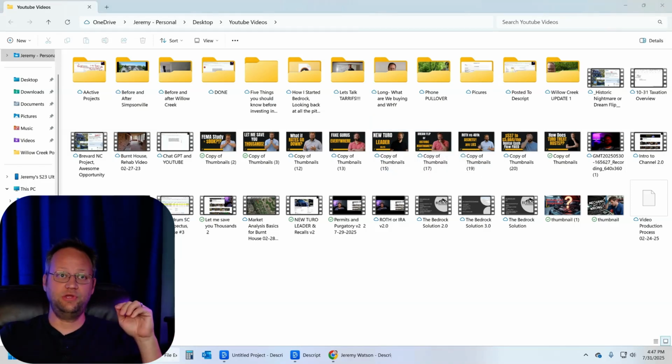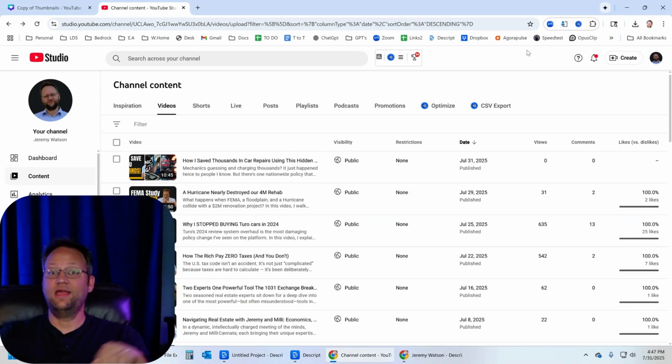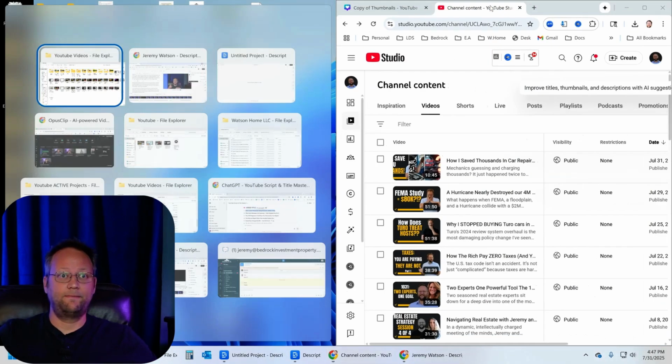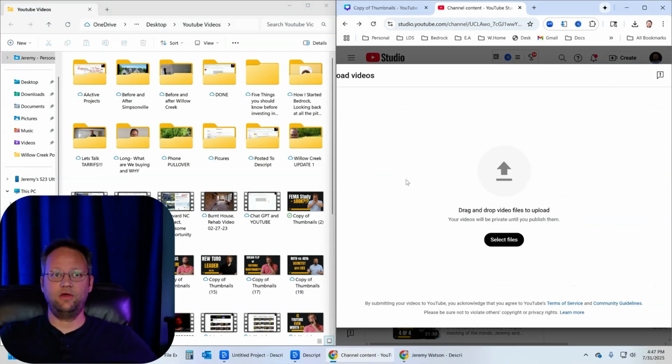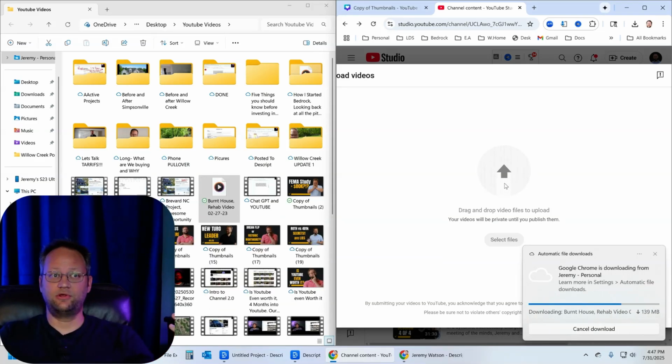Now in YouTube Studio, if you have a YouTube Studio membership, you'll understand this already. If you don't have a YouTube Studio membership, go ahead and get one, they're free. I don't think we pay anything to upload to YouTube. All you do there, let's put these side by side, all you do there is click on the Create button up here top right. You upload a video and you're just gonna drag and drop. All right, you're going to drag and drop your video that you've created that's been edited in Descript right into YouTube, and it will start uploading those directly into videos.